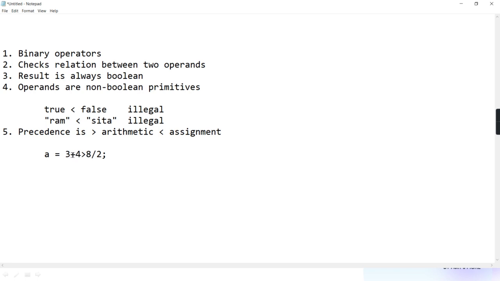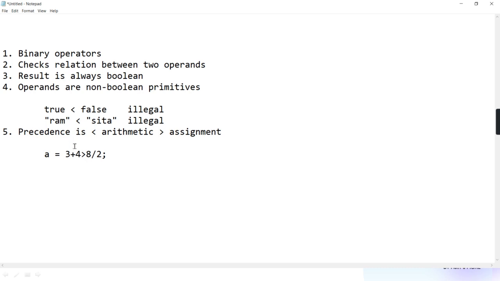In this, first arithmetic will be done: 3 + 4, 8 / 2. Getting? I told the opposite, very sorry for that. Precedence is less than arithmetic and greater than assignment. This is what I was supposed to tell.